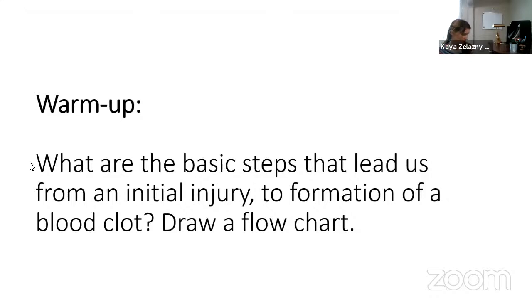Okay, so when we left off on Friday, we finished up talking about our red blood cells and how they're produced and then dissolved, recycling that iron. But our big new topic for Friday was starting to talk about clotting. So we got most of our way through, but I want to make sure that we have a